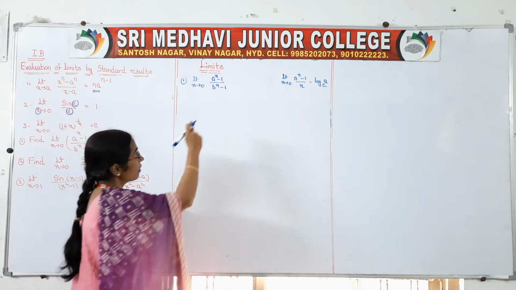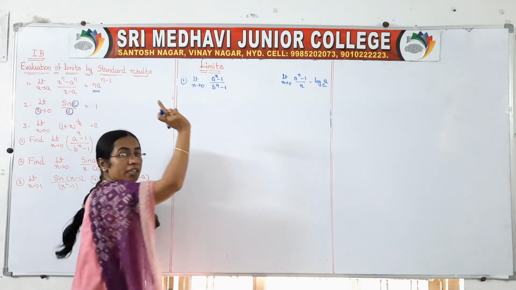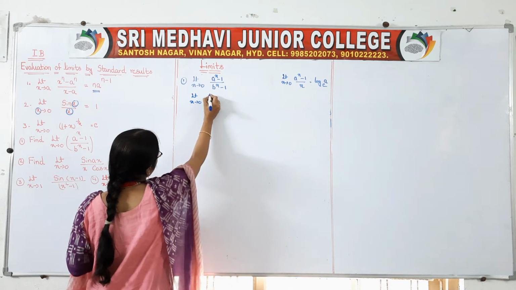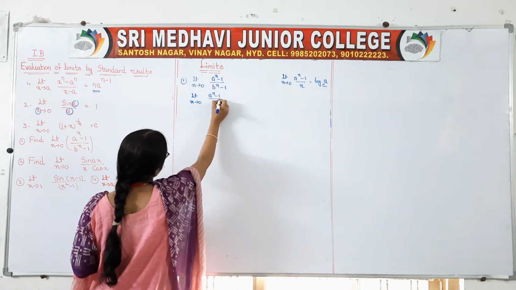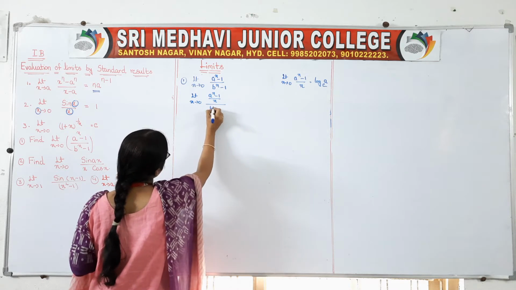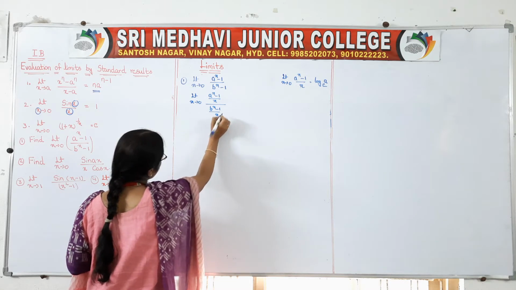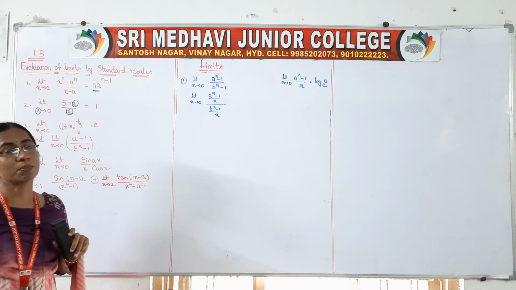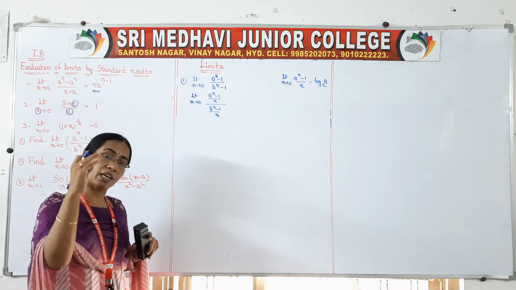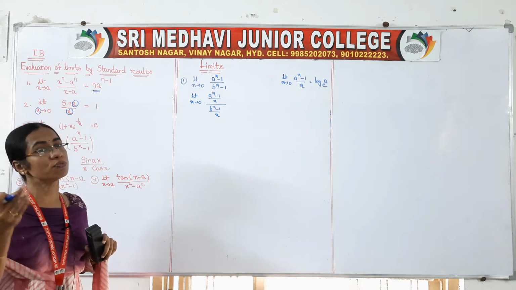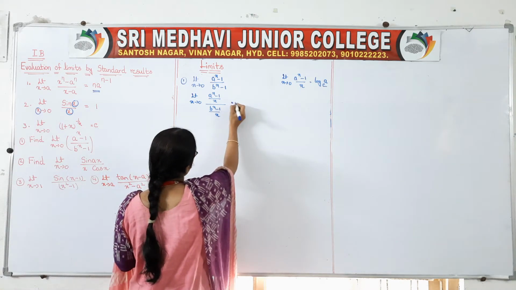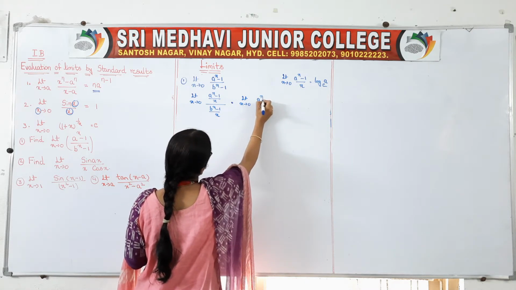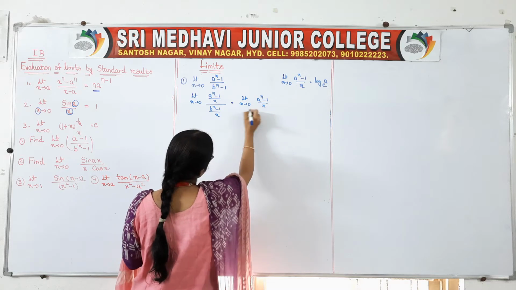So that's why we divide the numerator and denominator with x, right? So limit x tends to 0, we are dividing the numerator as well as the denominator with x, right? And I said the limit is there for f of x by g of x. We can apply the limit for f of x as well as we can apply the limit for g of x, right? So is equal to limit x tends to 0, we can take a to the power of x minus 1 by x.